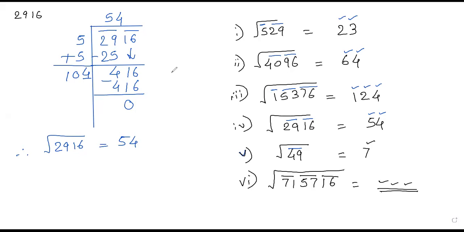So write down: Estimating a new point. Just write down a new point. I'll take a new page only. Write down: estimating the number of digits in the square root of a square number. Write down like that.